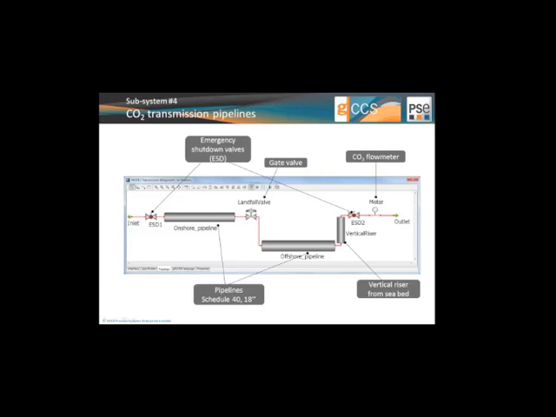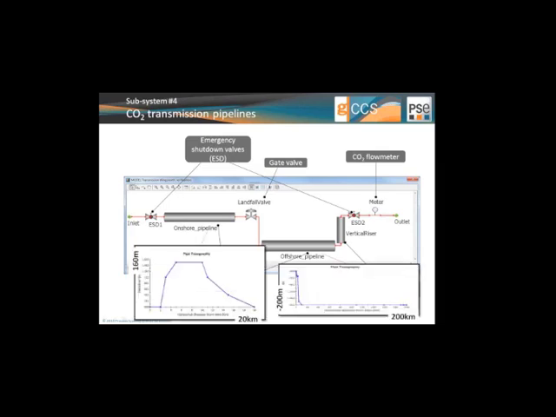Further on, we have the CO2 transmission pipelines. These are, again, fully dynamic models, including all the holdups for the system and basically dynamic mass, energy, and momentum balances. And they would describe the topography of these pipelines. Here we have the topography for the onshore pipeline. Here we have the 20 kilometers and then a change in elevation of 160 meters. Then on the other side here, the offshore pipeline, and we can see it drops very quickly down to minus 200 meters to the seabed and stays there till we reach the vertical riser up to the platform.